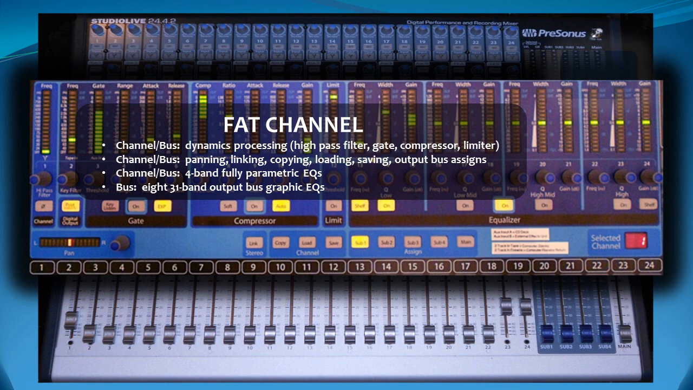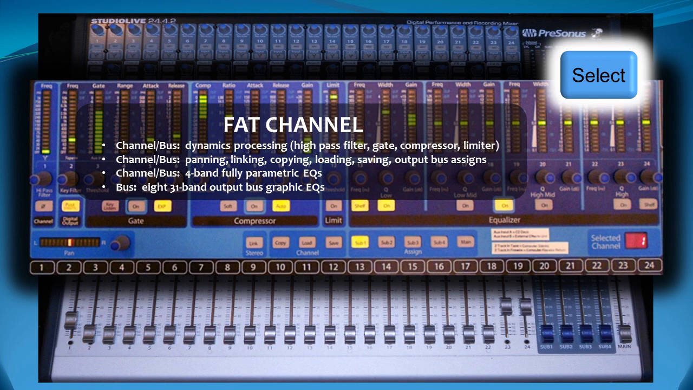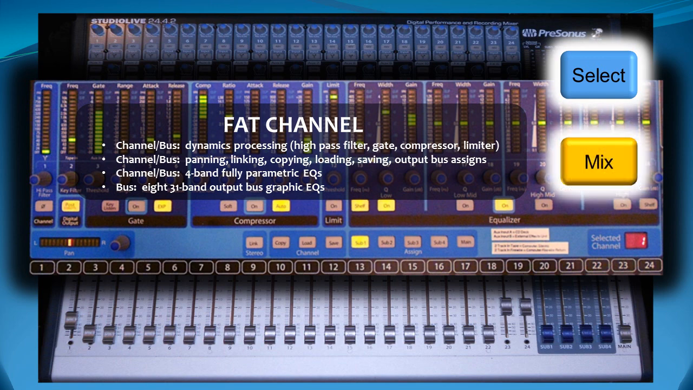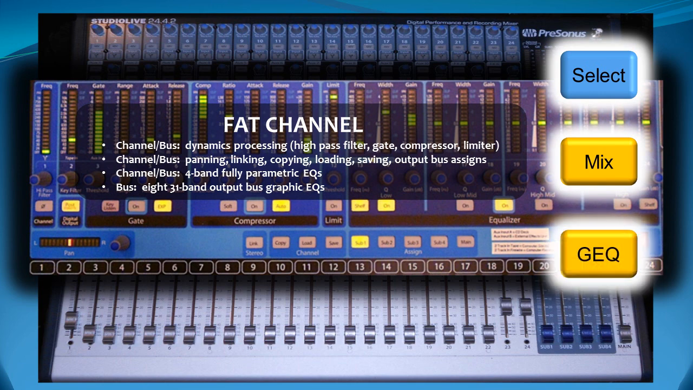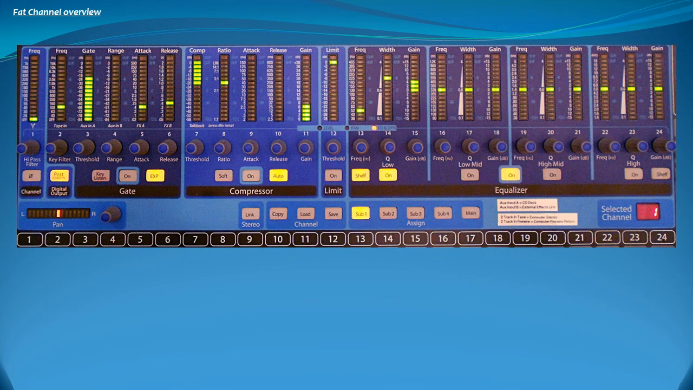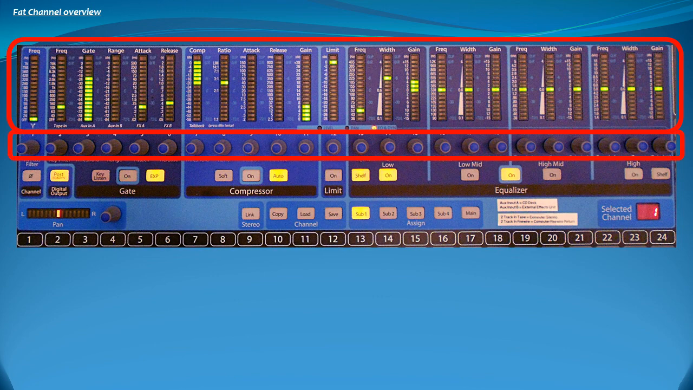Anytime you press the select button on a channel or bus, the mix button on an aux bus, or the GEQ button above the mains fader, you are enabling Fat Channel control for that specific channel, bus, or device. The Fat Channel consists of 24 multifunction meters with associated rotary encoders, as well as selection and control buttons. These are used for the following: